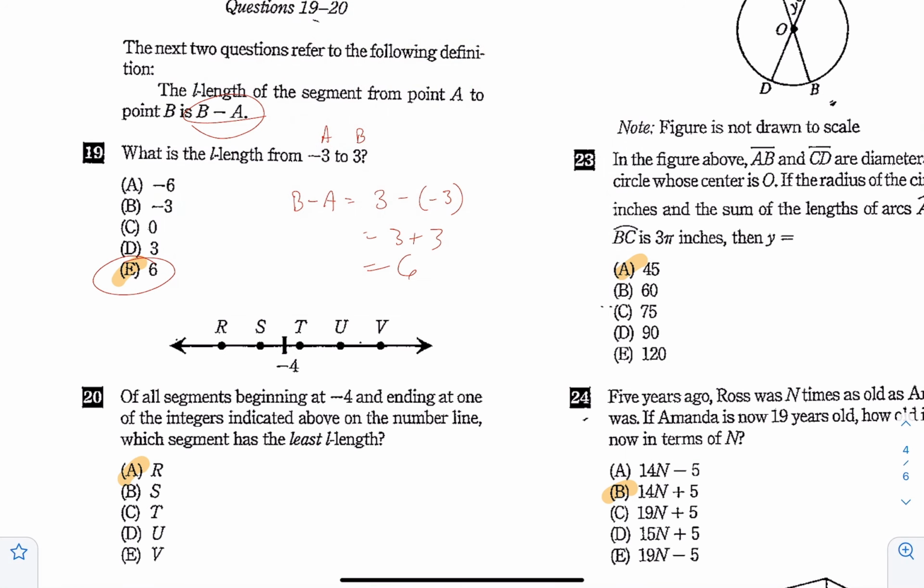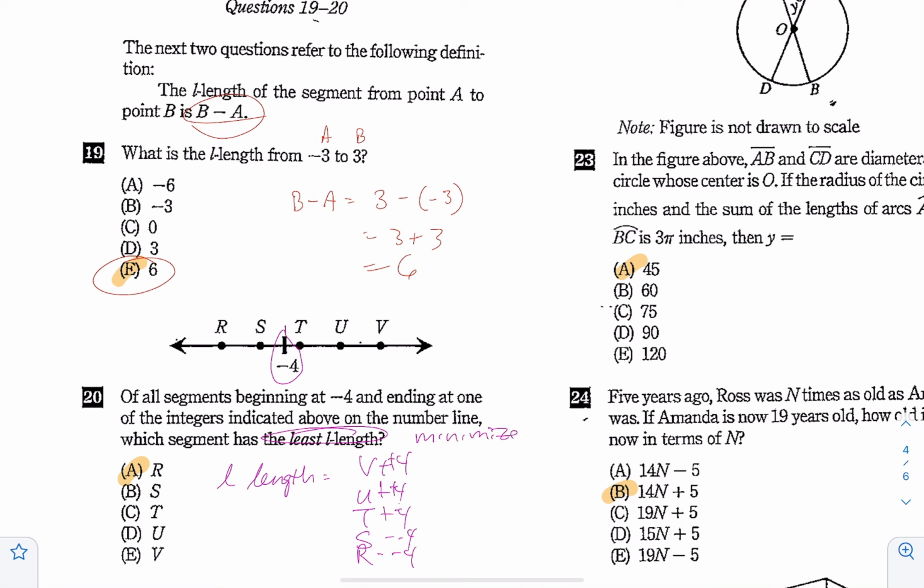Next one, number 20. Of all segments beginning at -4 and ending at one of the integers indicated in the number line, which segment has the least L length? So the L length is the second point minus the first point. So here, this point is at -4. So the L length is going to be V minus -4, or U minus -4, T minus -4, S minus -4, or R minus -4. If you want to minimize this,